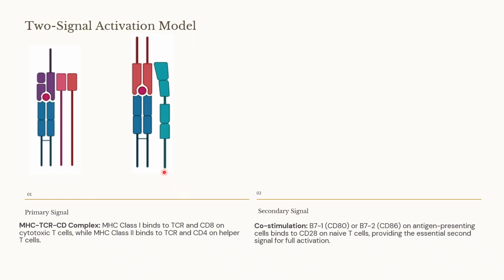Following this, there will be a co-stimulation or there will be a secondary signal. So what does this mean? The antigen presenting cells will be presenting as well as the nucleated cells. All the cells will be having a CD80 or CD86. CD80 is called as B7.1 and the CD86 is called as B7.2. They are present on antigen presenting cells. They will bind to CD28 which is present on the T cells, providing the second signal or the confirmation for